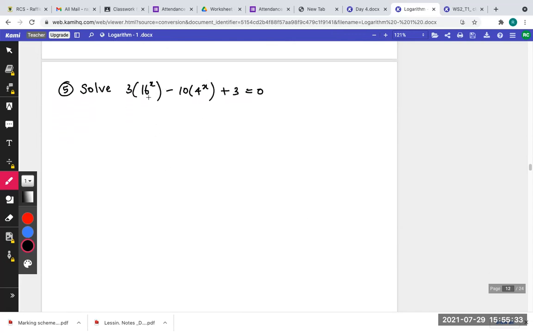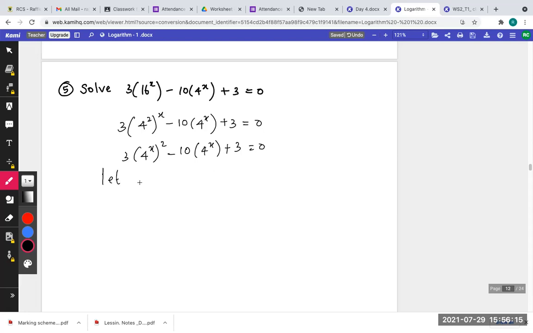Okay, so here you can see the question, another type. There is 4 power X, but here 16 power X. But you know that 4 power 2 is 16, right? So we can rewrite the question as 4 square to the power X, right? 4 square is 16 minus 10 times 4 power X plus 3 equal to 0. Okay, but how do I rearrange it? I could write it as 4 power X square. I can swap the powers, right? Because power means it is same as multiplying. So even if you swap around, doesn't make any difference, right? So minus 10 4 power X plus 3 equal to 0.